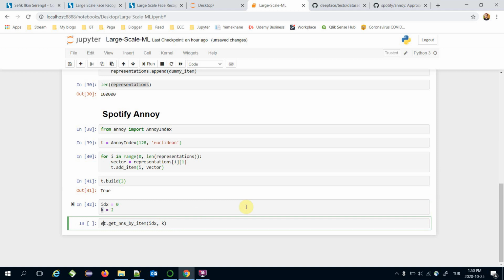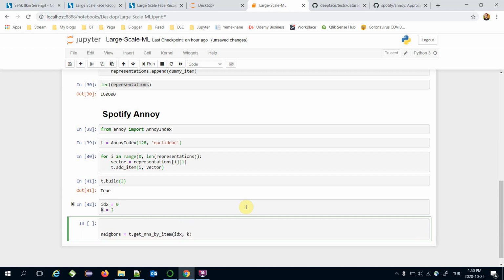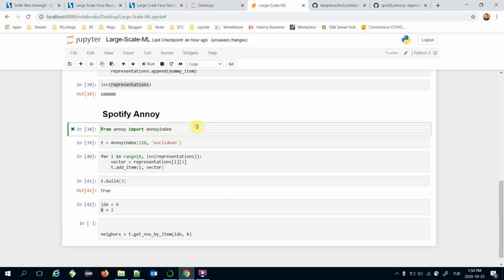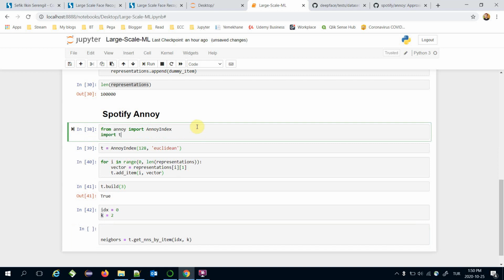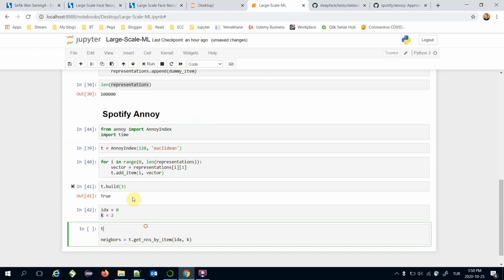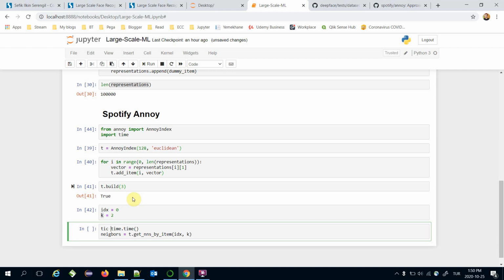This is going to be the neighbors. I also wonder the processing time before calling the get_nns_by_item function, and after it,